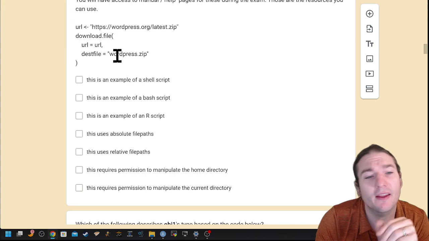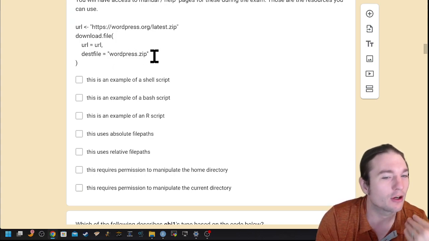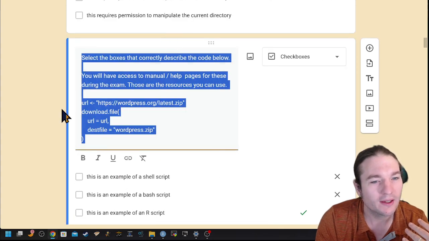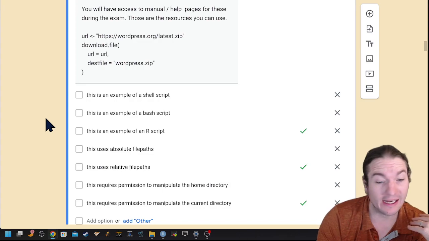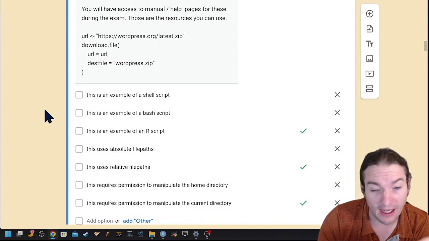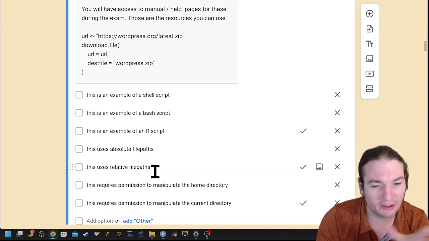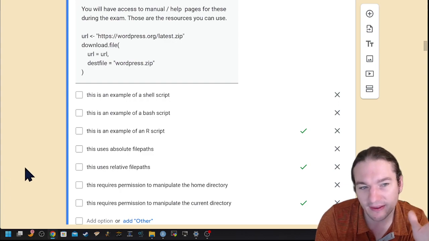On the other hand, this one just creates an object at the current directory. So it's kind of a weird way to describe that as a relative file path, but it's certainly a relative file operation. I don't know, does it strictly fall under that? I would still say yes, that it is still a relative file path, and I think most people would agree with me.